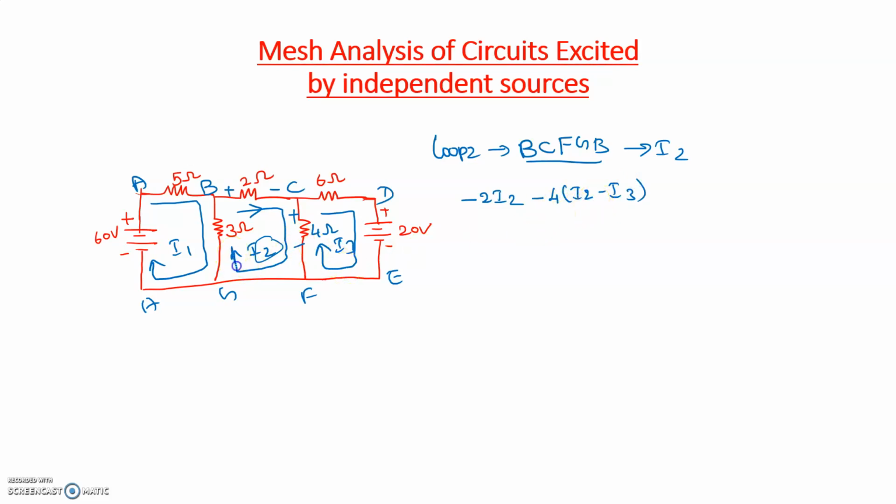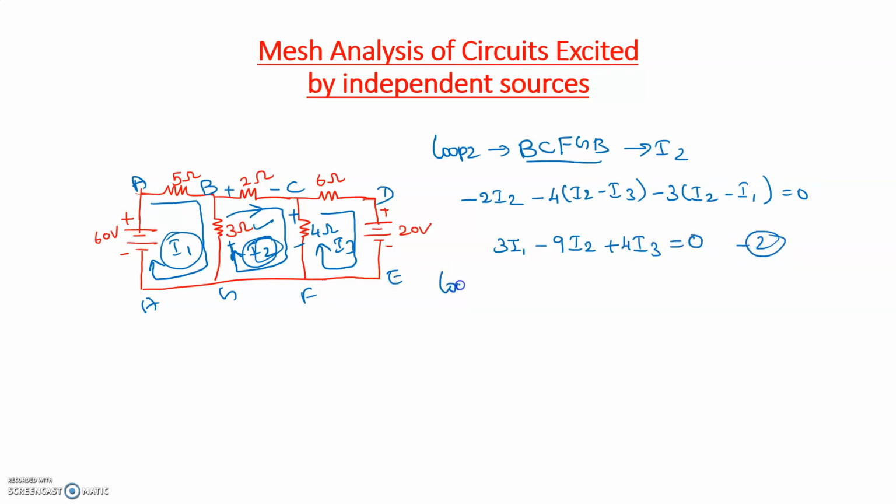Then the I2 current is flowing in the 3 ohm resistor, entering at the positive terminal and leaving at the negative terminal. So in the 3 ohm resistor, the I2 as well as the I1 current are flowing, both in opposite direction. So this is also a fall in potential, which can be written as minus 3 of (I2 minus I1) is equal to 0. Solving this, we will get 3I1 minus 9I2 plus 4I3 is equal to 0. So this is equation 2.